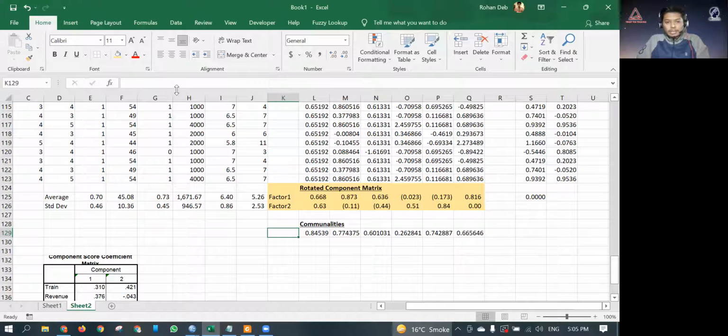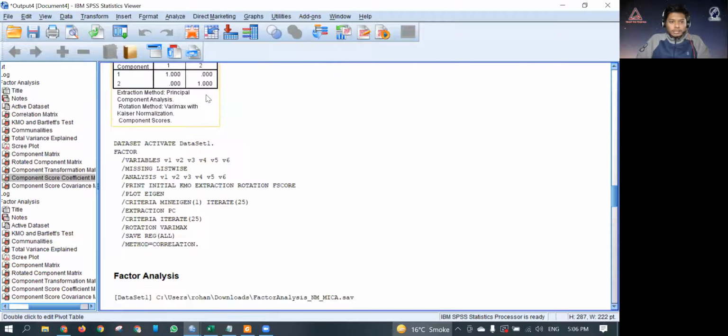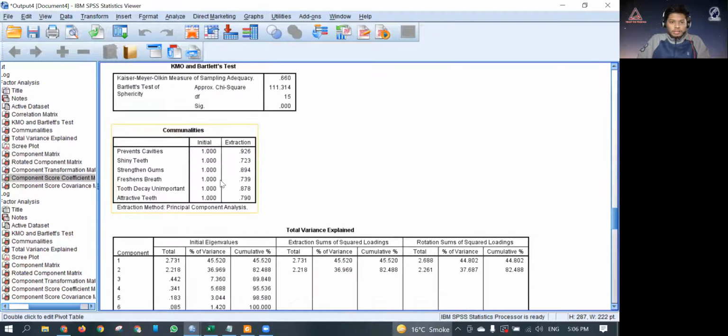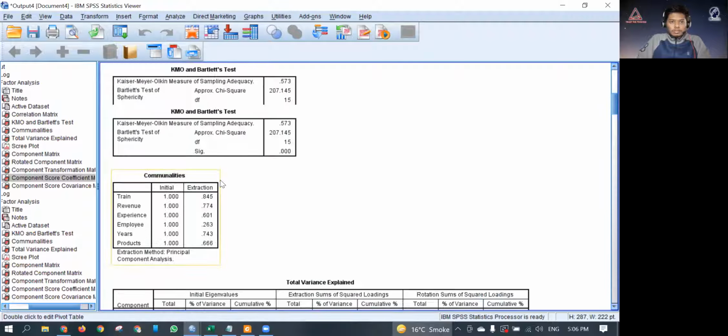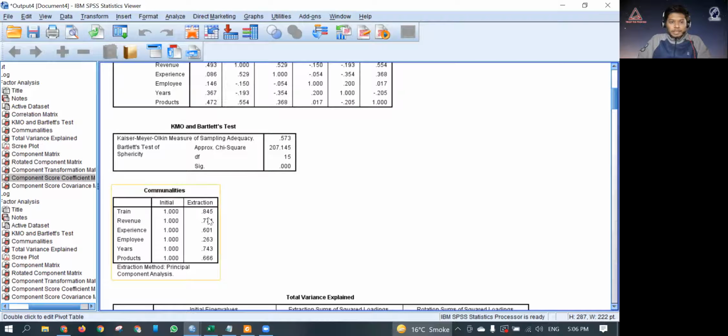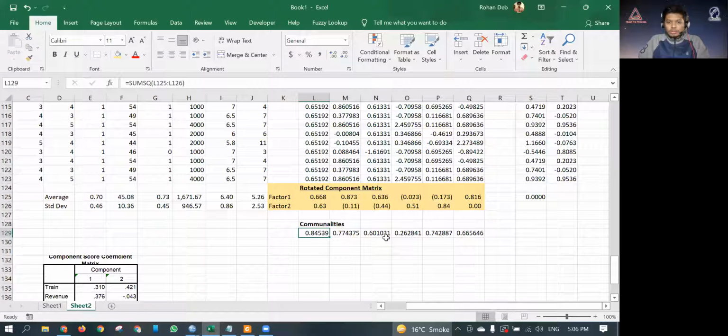So you can see factor 1 has a commonality of 0.845. So you can go over here and see the commonality, where was it? Yeah, so the commonality is 0.845774601 and so on. So I can just minimize the number of decimals.